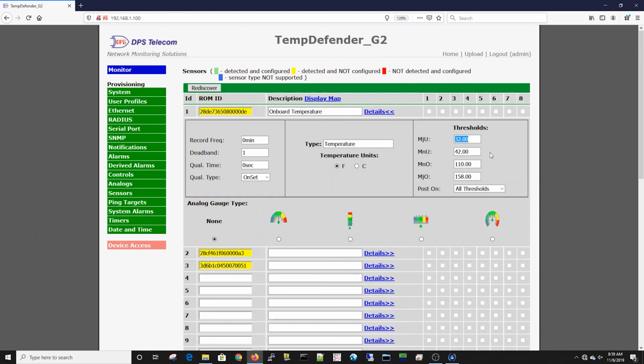So major under we can say is, I don't know, 50 degrees. Minor under will be 60 degrees. And minor over we could say 80 degrees. And major over we'll set to 90. And down here you can see some gauges that we have, but I'm not going to get into that right